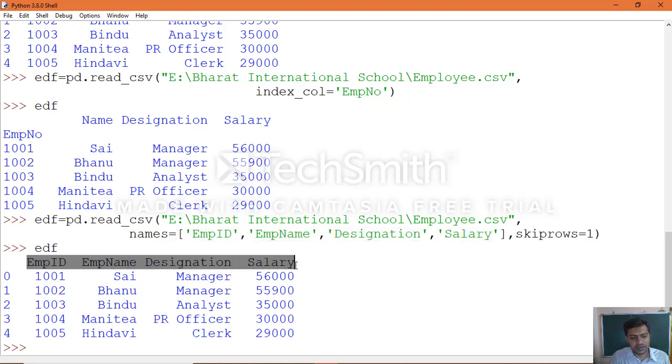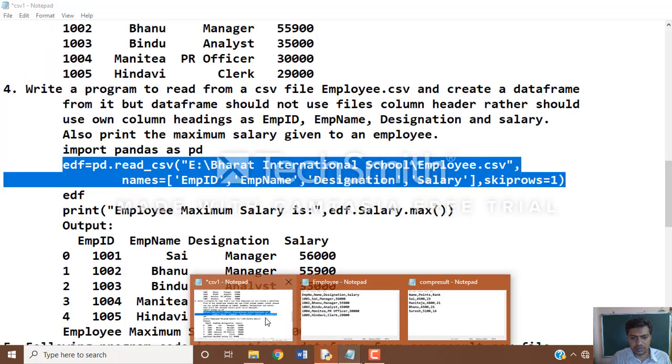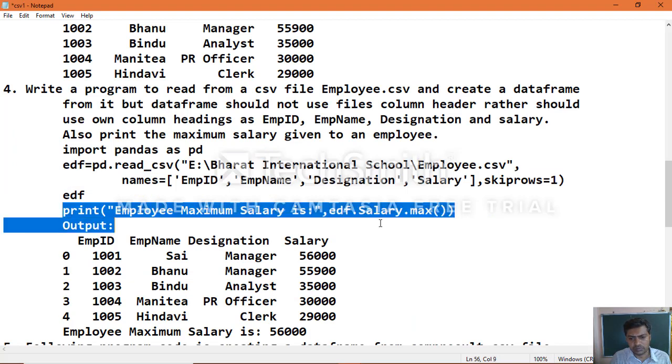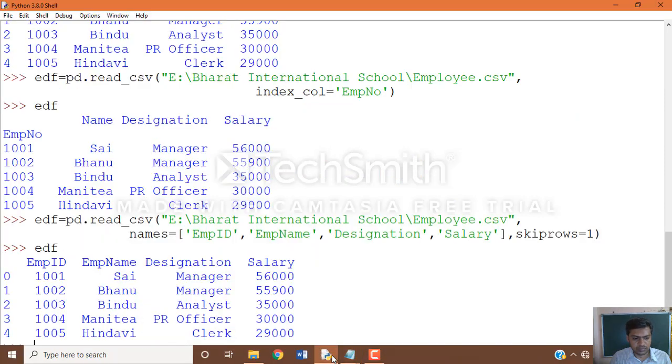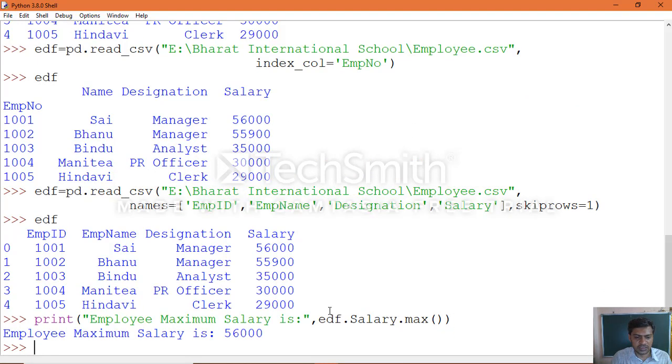Now we want to get the maximum salary from this. For that the statement is as follows. Once you execute the statement, you can see the employee maximum salary.